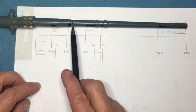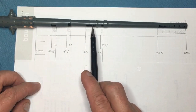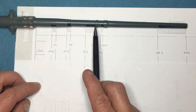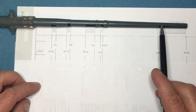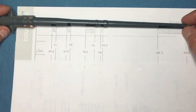The difference between these two diameters isn't enough, it needs to be a bigger step in there. Go up to here, this bit here, I don't know where they got this from, that is totally fictitious. So from here to the back of this moulding here, remove all that. Remove a section of this area here because this is too long. And then you can cut the end of the barrel off, or another suggestion is,